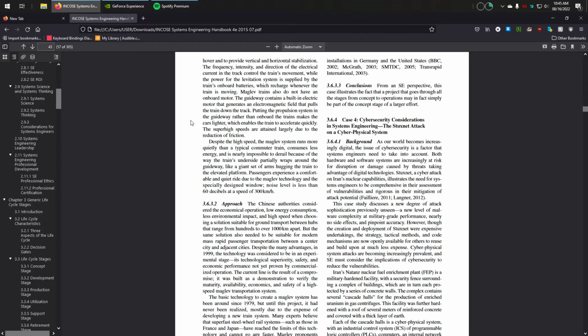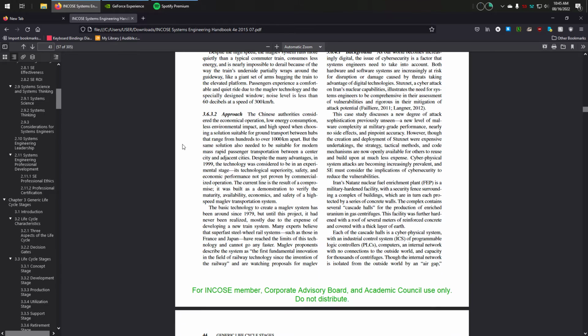Passengers experience a comfortable and quiet ride due to the maglev technology and the specially designed window. Noise level is less than 60 decibels at a speed of 300 kilometers an hour. The approach, section 3.6.3.2. The Chinese authorities considered the economical operation, low energy consumption, less environmental impact, and high speed